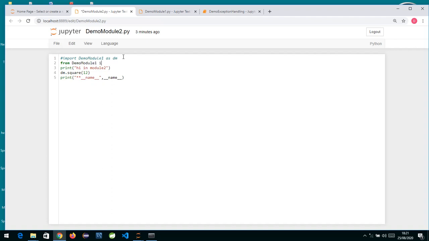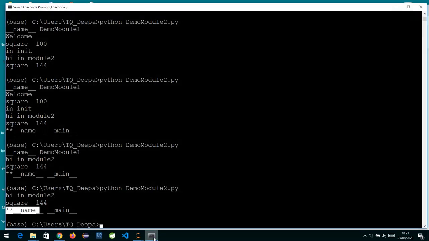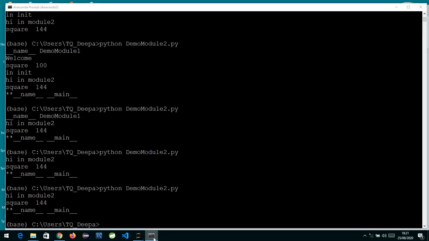MODULE1, and then we write the word import, and now you can import any specified item. If we want to import only the square function, we write the name of the square function over here. So this is the other way we can import. We are importing this function inside our namespace. Now in this case we need not specify DM. If I run this and show you, this will also execute perfectly fine.